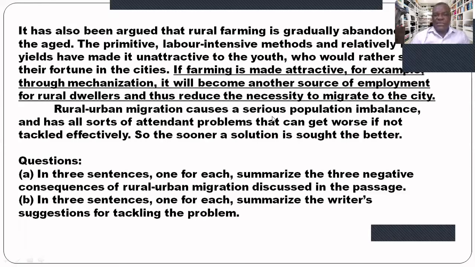Rural-urban migration causes a serious population imbalance and has all sorts of attendant problems that can get worse if not tackled effectively. So the sooner a solution is sought, the better. All right, so now what we have been able to do, I must emphasize that, our reading became simpler because we read the question first and we discovered what we were looking for. So each time we came across what we were looking for, we picked it and we didn't need to waste